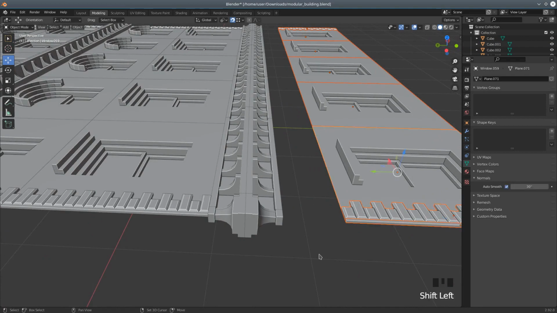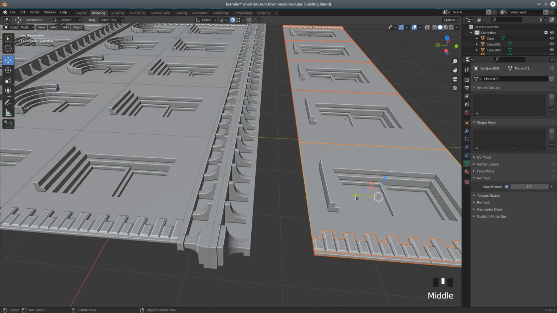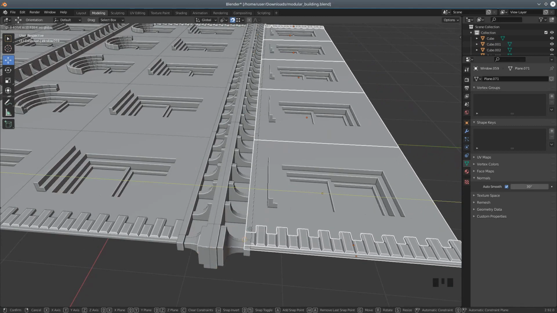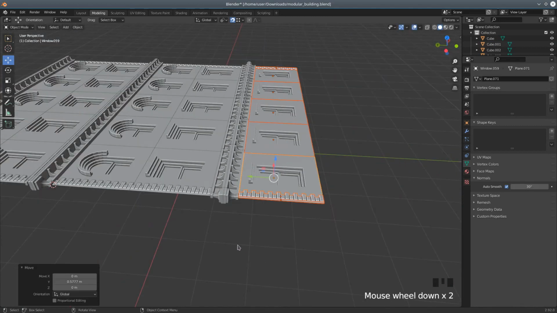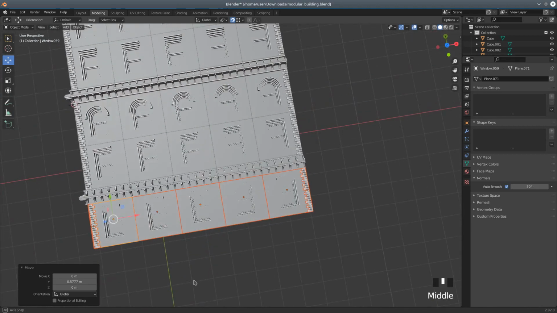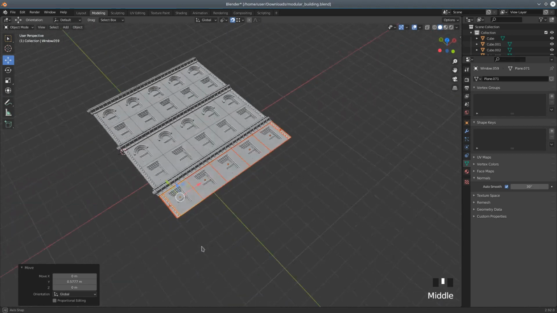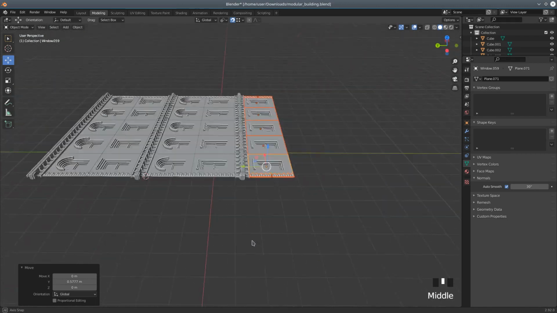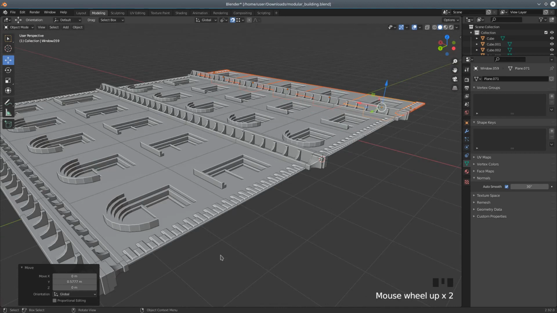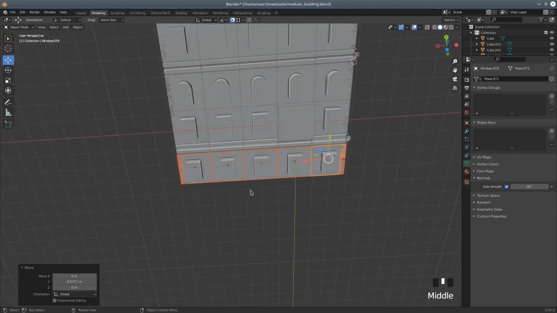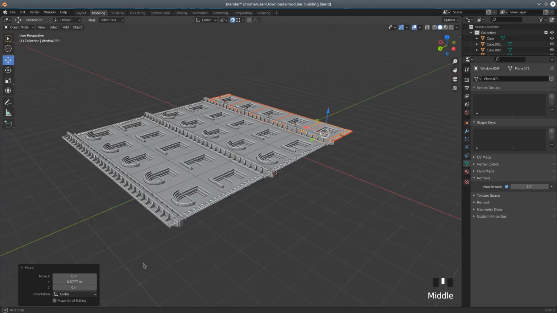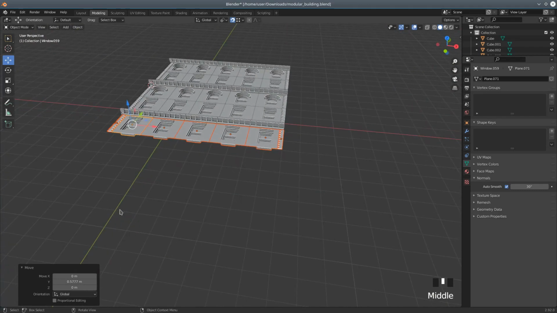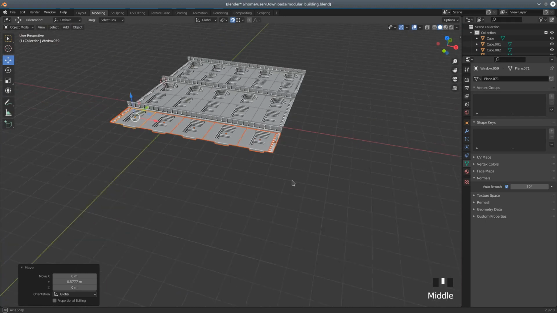Let's select this piece, shift and select there. We'll just see if we can move this into the right area, like that. And I think we're looking somewhere about right there now. Now what we want to do is really just copy this whole thing, rotate it by 90 degrees, and then snap it